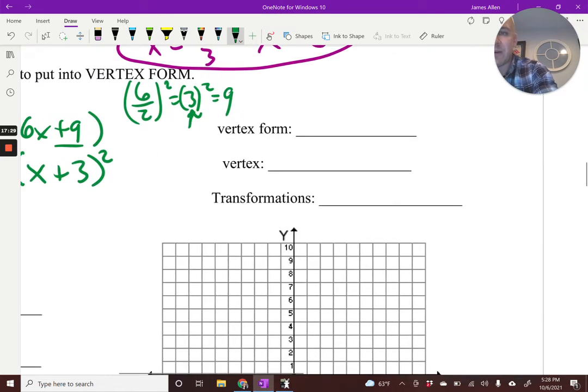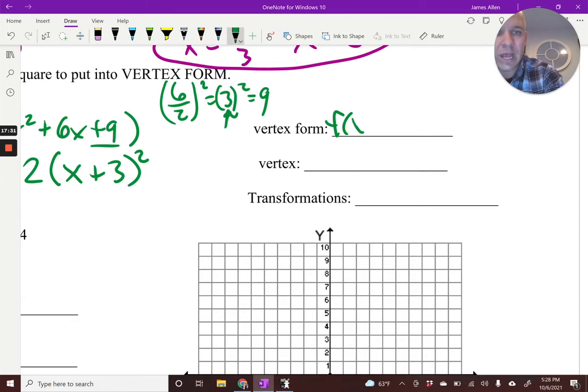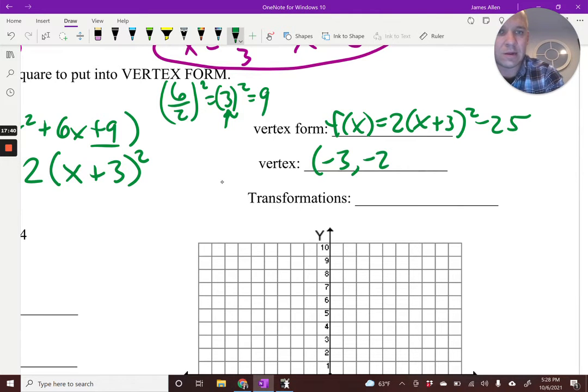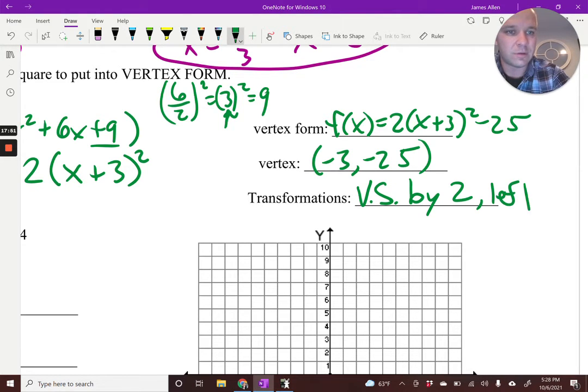I'm going to subtract that 25, so I'm going to have f of x equals 2 times (x plus 3) squared minus 25. Vertex, negative 3, negative 25. Transformations. I went, let's see here. The 2 is a vertical stretch by 2. I went to the left 3, and I went down